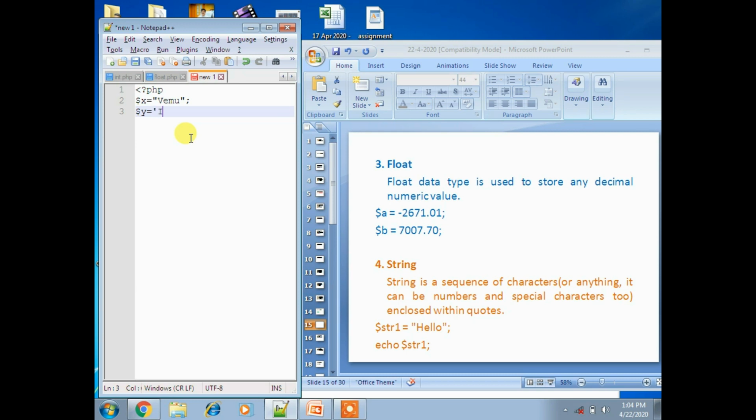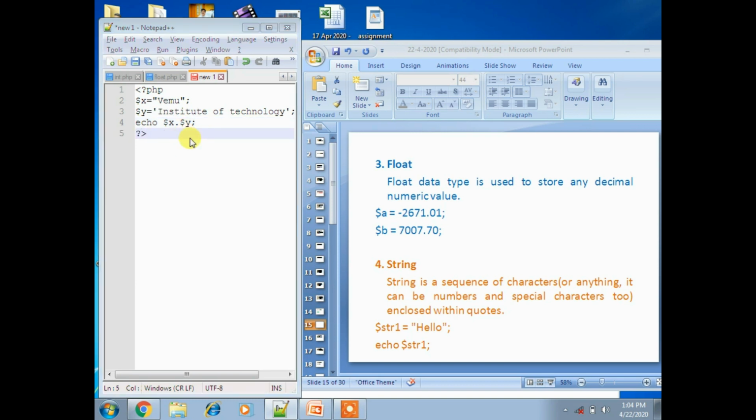I can use Waymo Institute of Technology. Now echo $x, and now use dot for concatenating the two variables.